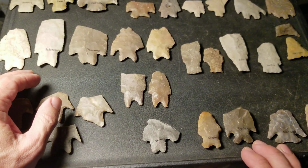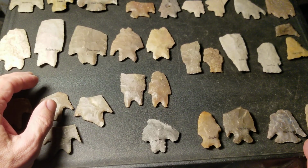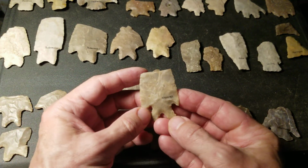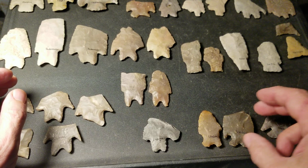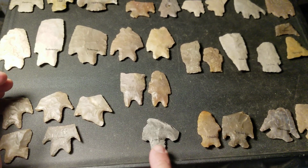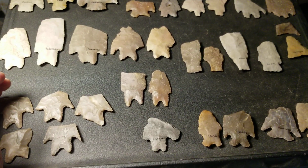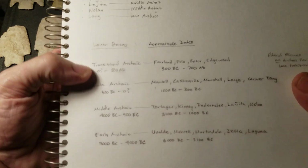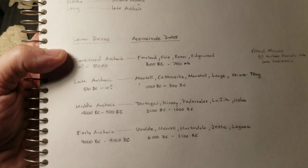Anyway, so I got Martindale, Merrill. I do think this one is a Merrill, and Uvalde and Laguna. These are all early archaic. Now I wrote some notes down. Early archaic. There's several different